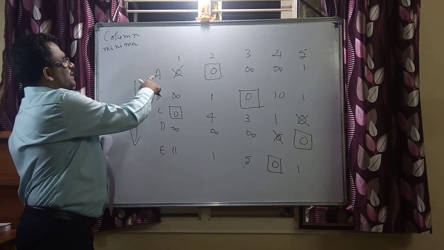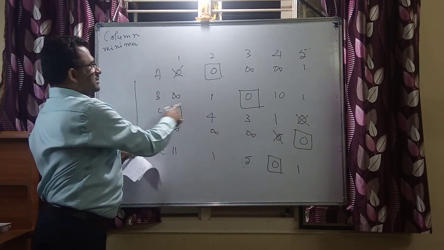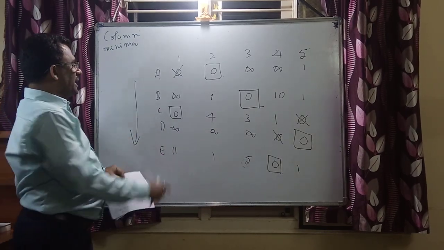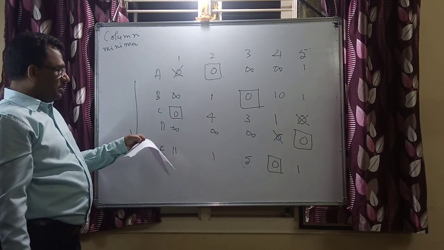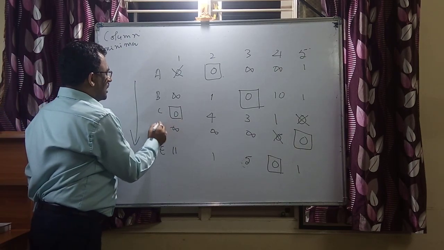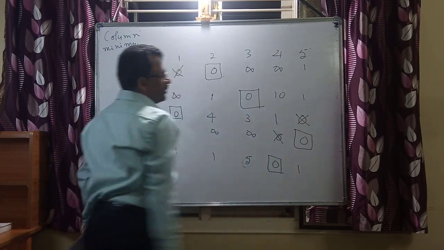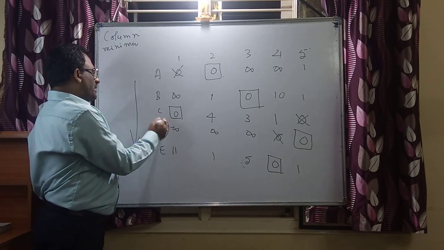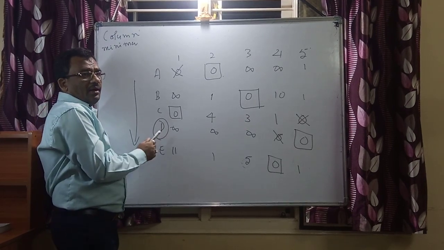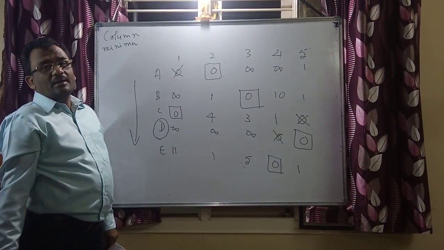That is job A, employee 2: A to 2, B to 3, next C to 1, yes, it's there. Next D to 5, now E to 4. What do you mean by this? I am allocating employee D to a dummy job. What do I mean by this? I am going to fire this man. I am going to give a pink slip to this employee. I am going to remove this one. D will be no longer in my payrolls.